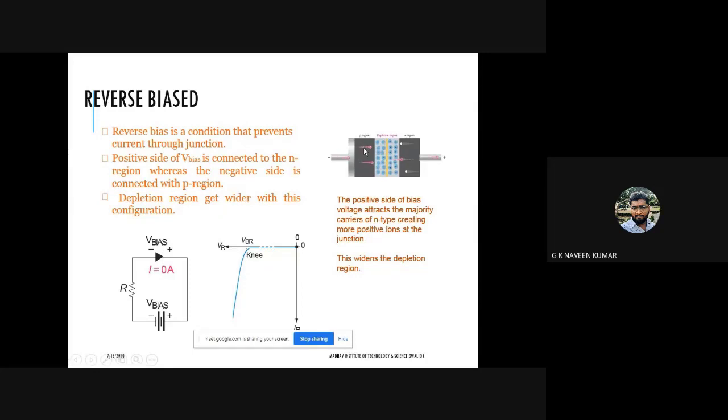As the P region already has a bulk number of majority carriers as holes, more electrons will be depleting here. More electrons here and more positive charge here. Negative, positive, negative, positive. That makes the size of the depletion region increase. If I increase the voltage, suppose if I apply 10 volts, then the depletion region size is this much.